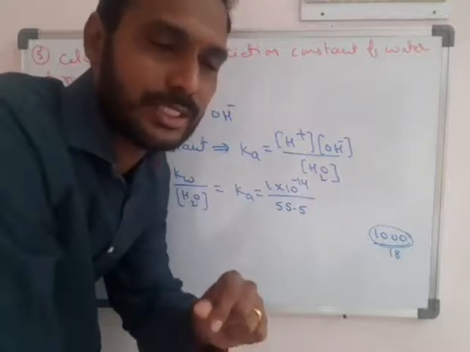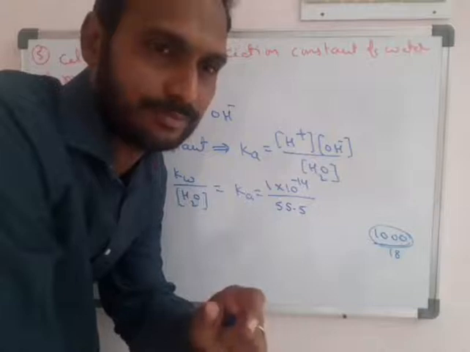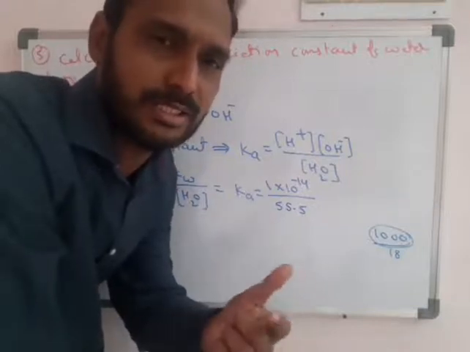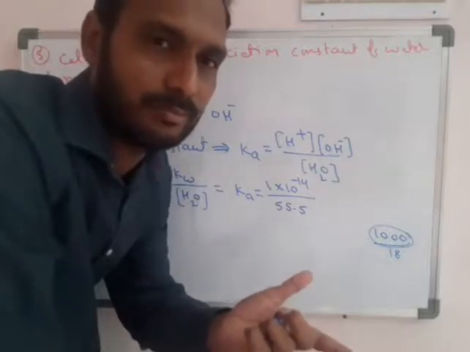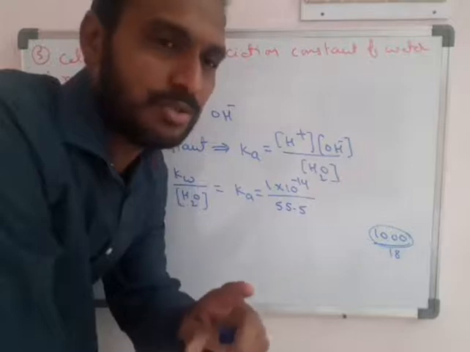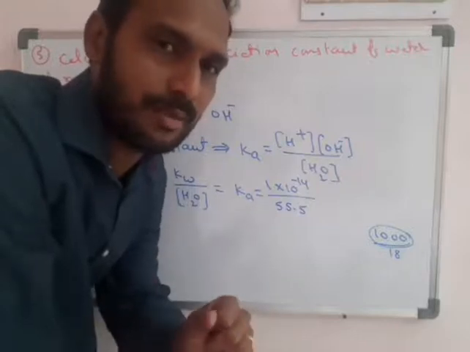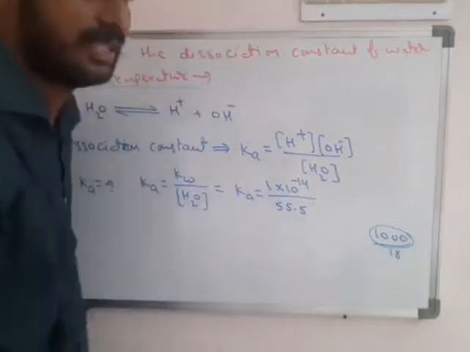Water density, we know, is 1 gram per milliliter, so 1000 milliliter is 1000 grams. This weight by its molecular weight, on this calculation we will get